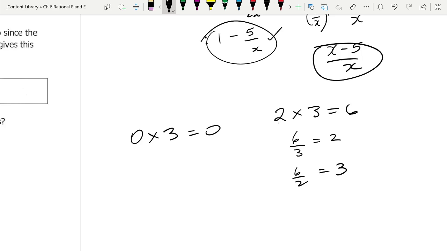So when I ask you what 6 divided by 3 is, and I'm thinking about division as a repeated takeaway, I'm asking you how many 3's do you take away from 6 to make it to 0? So start with 6, take away 3, now I've got 3. Take away 3 more, oh, there we go. It took me 2